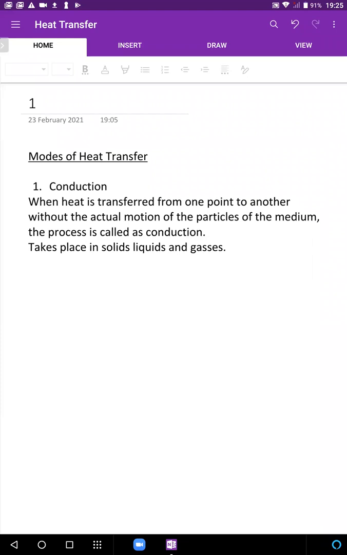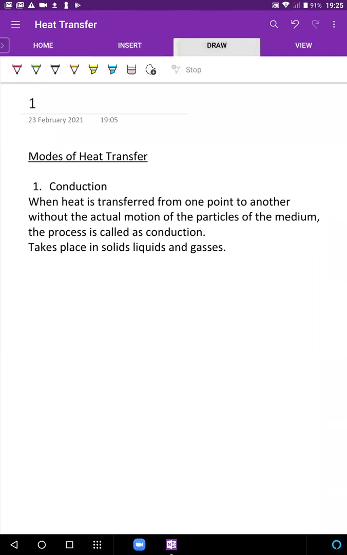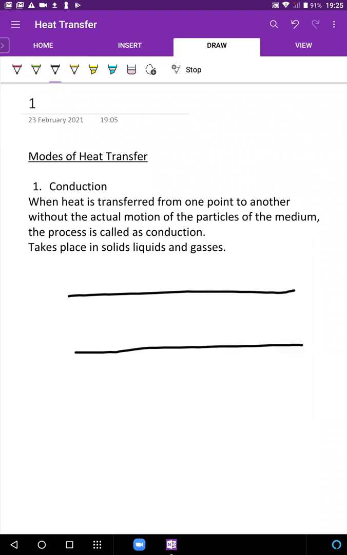देखो क्या होता है actually? It takes place from one point of a body to another point of a body, but it takes place without the particle moving. So for example, somebody saying scale placed over a burning candle. Yeah, fair enough. So if a scale is placed over a burning candle, तो मान लो ये स्केल का पोर्शन का टेम्परेचर काफी हाई हो गया, वो स्केल का पोर्शन का टेम्परेचर काफी लो हो गया.